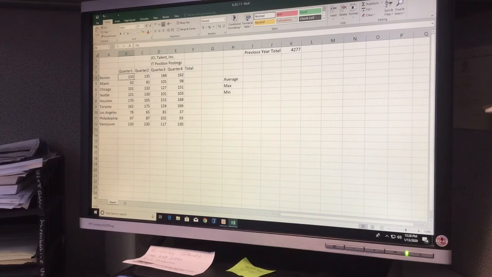B6, they want me to go to B6. They're going to show me another way to do that. I can press function key 2, and it automatically puts my cursor in that location where I can go ahead and make my changes there. And they want me just to backspace and 9